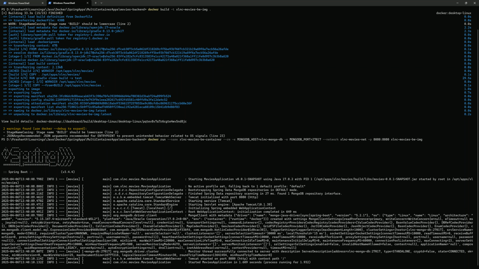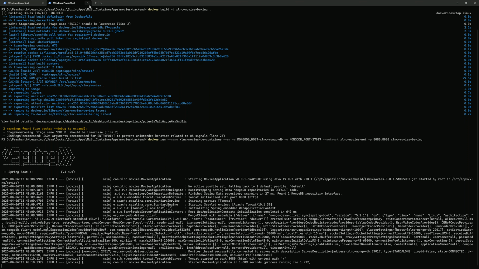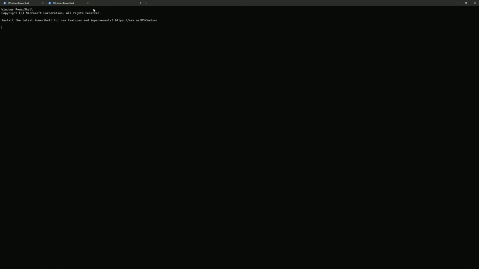So my backend container has started, right? In a similar fashion, now we are going to bring up our front end container, right? So the same things again. We do not have an image for this either, so I'm going to build the image. To do that, I'll have to go into the front end, right? So I'm going to say docker build,